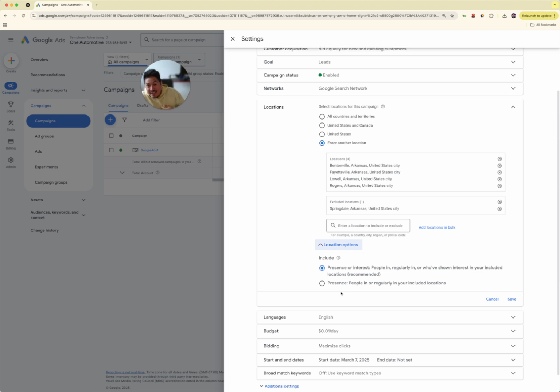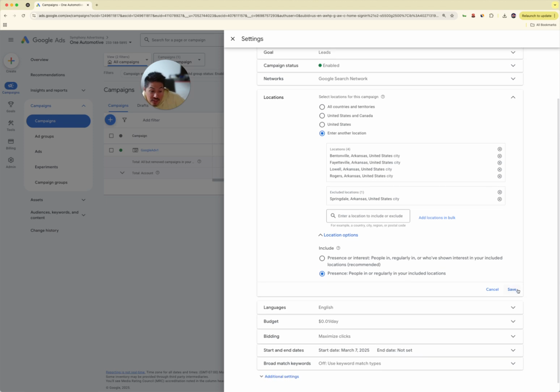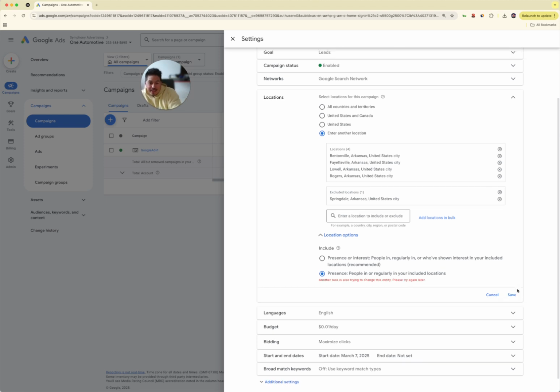I should only see the ad if I'm actually in the area that you put as the location. So I'm going to switch this setting to presence. People who regularly are in your location. So like if they drive by it in and out, like let's say they,